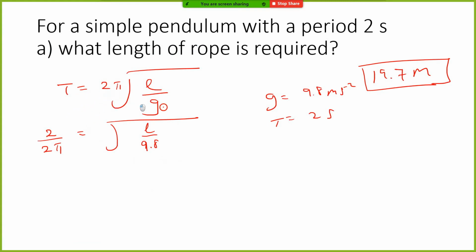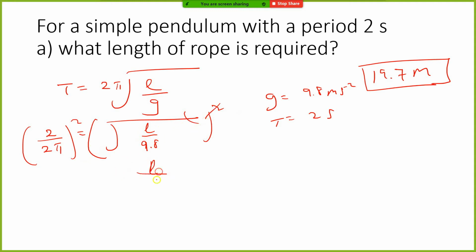All right. So we want to find the length of the rope. What we're going to do is use the equation and transpose to make L the subject. We're at this point now. We need to get rid of the square root sign, so we have to square both sides. As you know, the opposite of squaring a number is finding the square root. At the end of the day, the square and the square root cancel out, leaving us with L